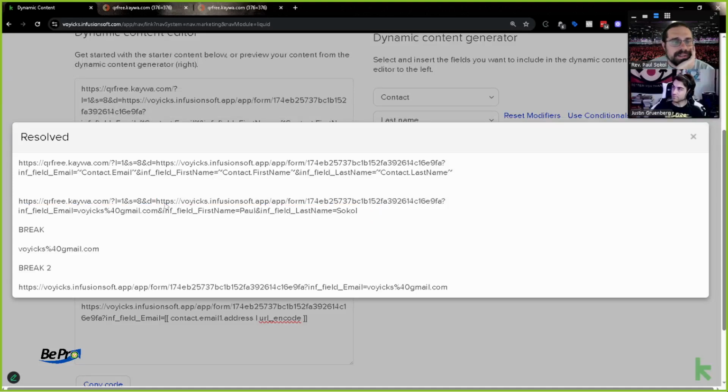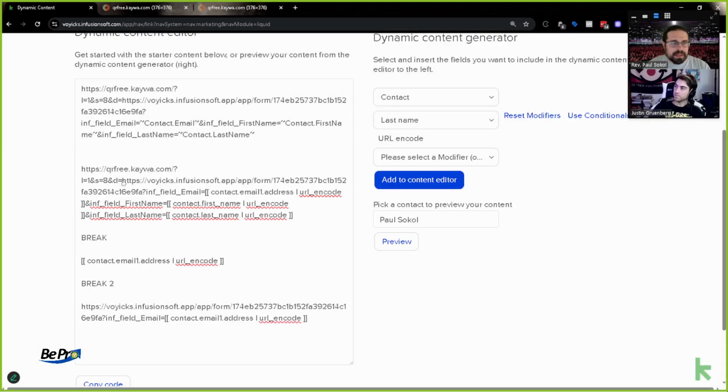So I guess what's the problem with this? Why does the QR code itself actually cut off just after the email address? We might need to URL encode this section. So remember how we could do nested URL encodes? Let's actually see if that's the case. I'm going to go,